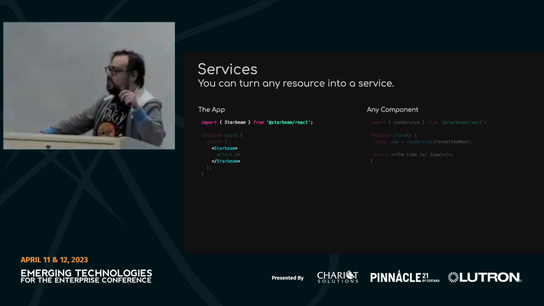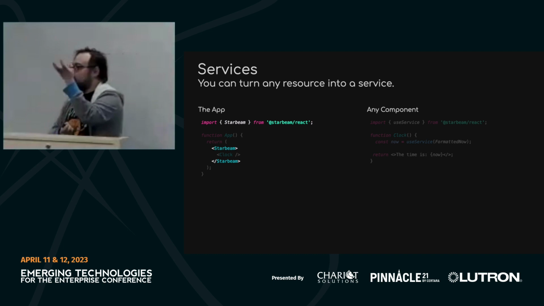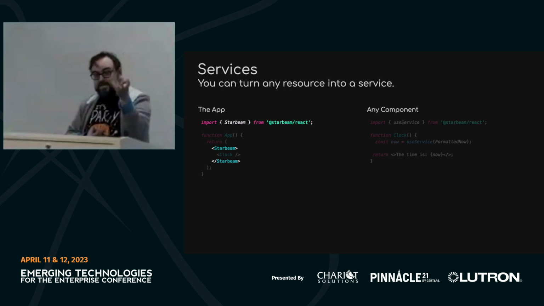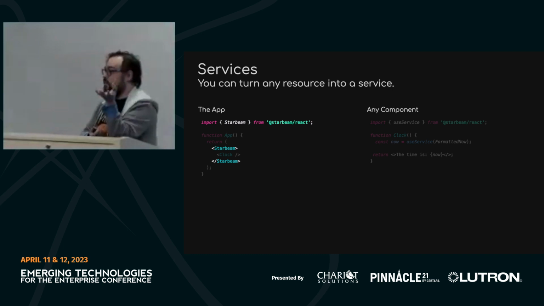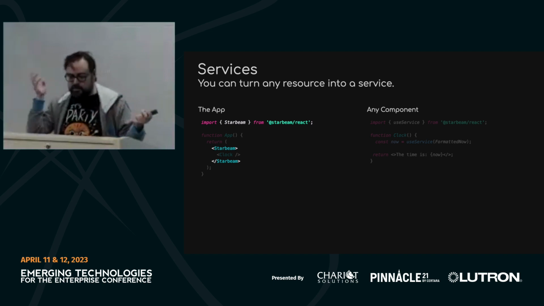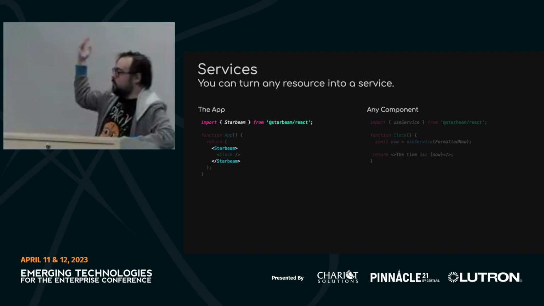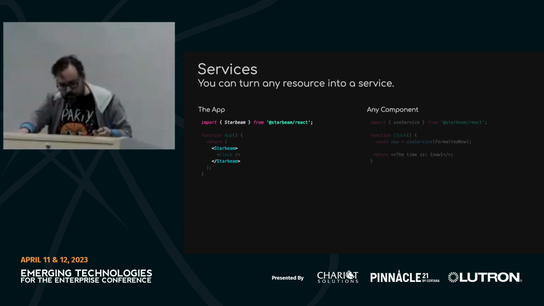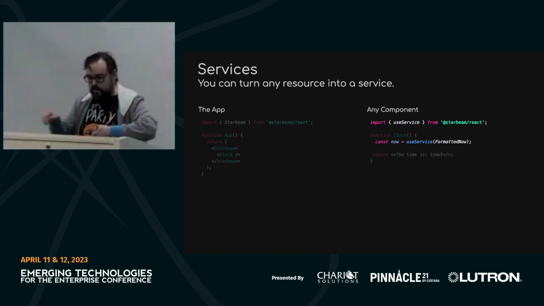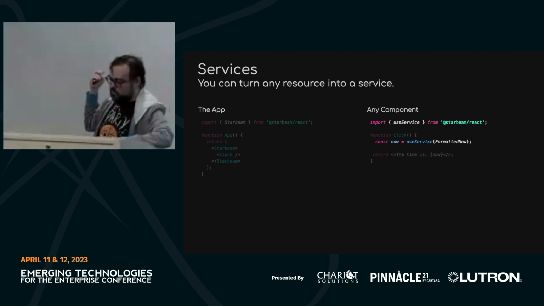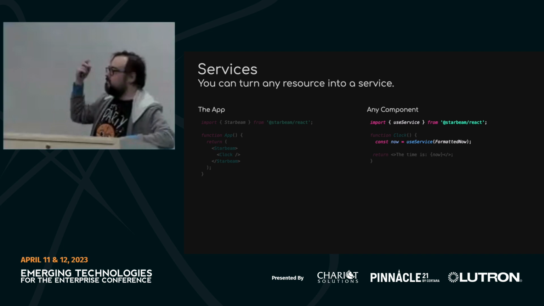You don't actually need to do this if you don't want services. If you don't care about instantiating resources only for the duration of an app, then you don't need to do this, and nothing requires you to do it. But if you actually want that feature, which I like and it's good, then you need to wrap it. It's basically a context provider with some extra features. Okay, so that's what you do. And then inside of any component anywhere, you just say use service, you pass a resource, and then basically